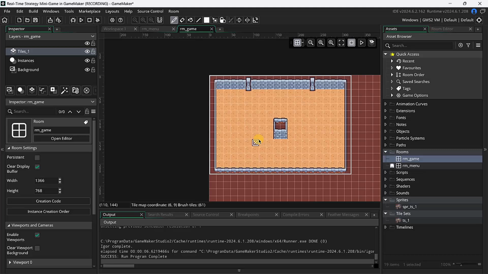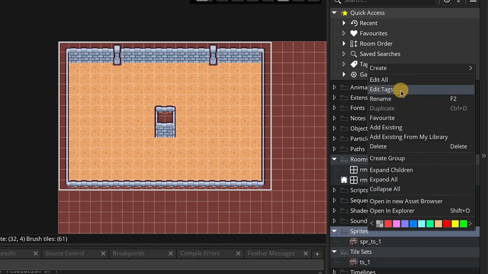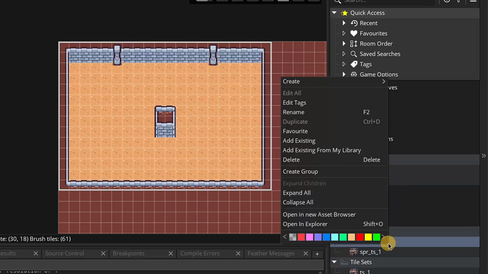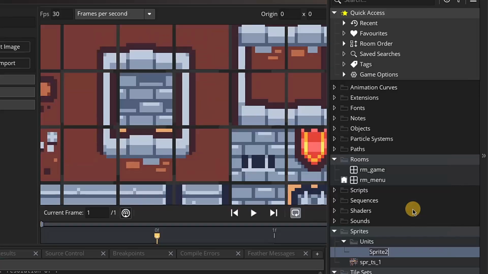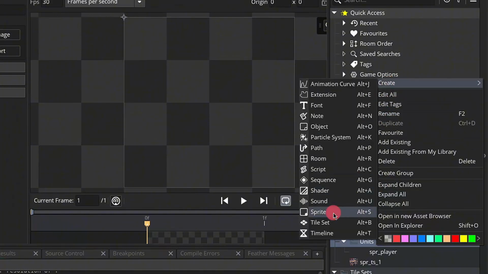So to start setting up both the enemy and the player, we need the sprites. So here in the sprites folder, I will right click and I will create a new group. This is basically a new folder, okay, and I'll call it units. This is just so that I have everything a little bit better organized. And I will right click here, I will click create, and here we'll create a sprite, okay. I'm going to be calling it SPR player,